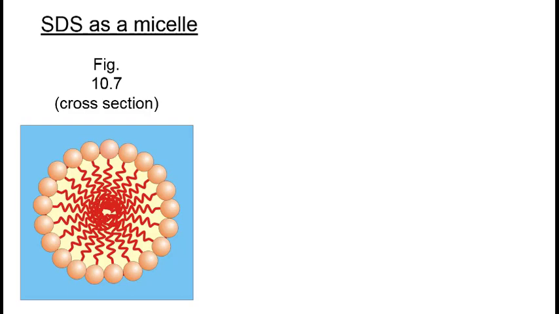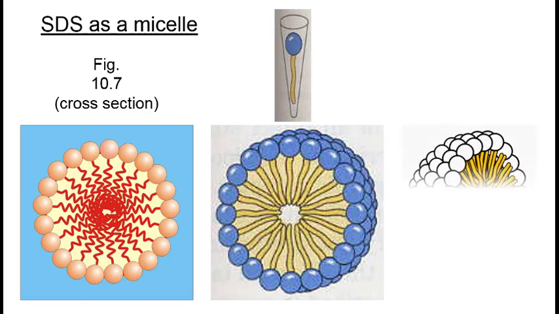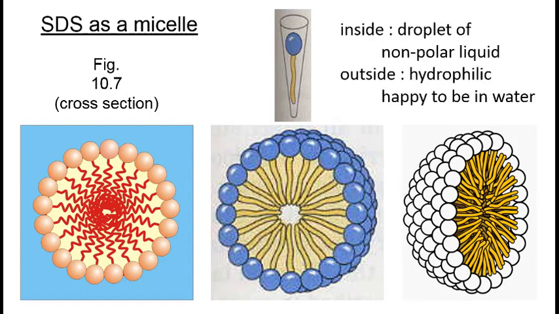Since SDS ions are conically shaped, when they aggregate, the micelle that is formed is spherical. This shape is perhaps more clearly seen in the picture on the right. Inside the micelle is essentially a microdroplet of a hydrophobic nonpolar liquid. This is covered on the outside by the hydrophilic head groups, meaning the micelle as a whole is happy to